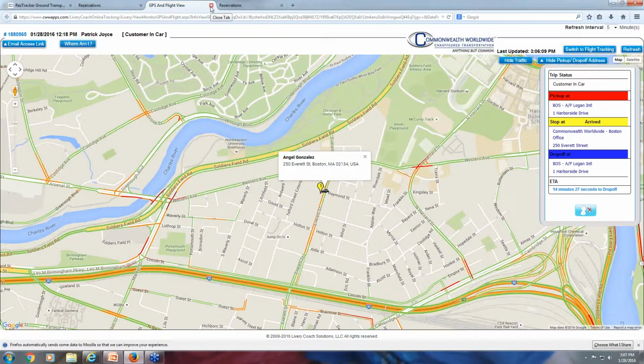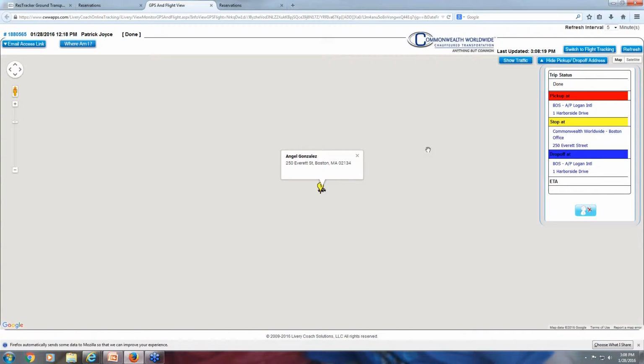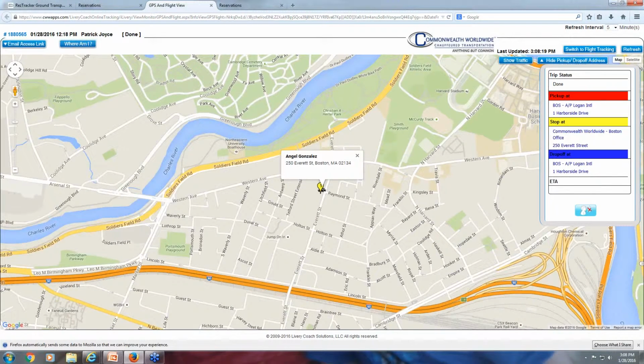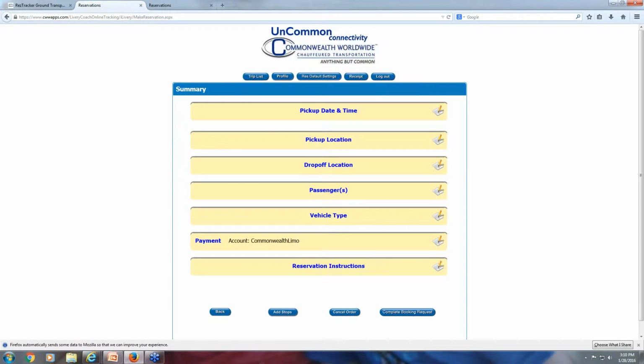So I'm going to go ahead and close out of this map. I'm going to click on the map. So you see now that the ride is completed. That ride has fallen off my screen. I can also book trips right from here, so I'm going to show you how to do that, and it's relatively easy. You click on New Reservation,